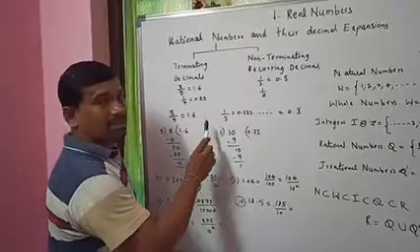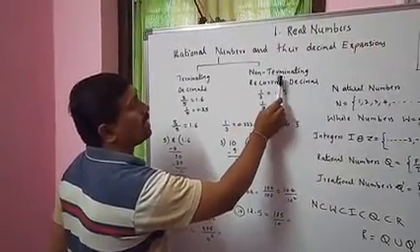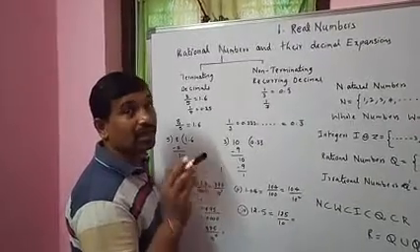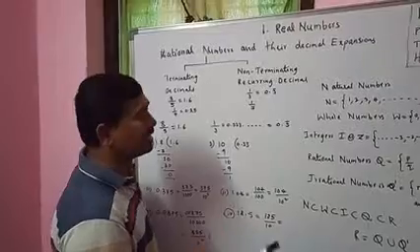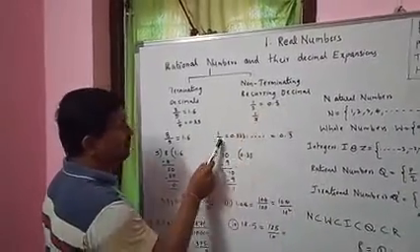So when you convert rational numbers into decimal form, some are terminating decimals, which end after the decimal point. Others are non-terminating recurring decimals. Non-terminating means not terminated; after the decimal there is no end point, we can't count the digits. Recurring means repeated. See here 1 by 3.